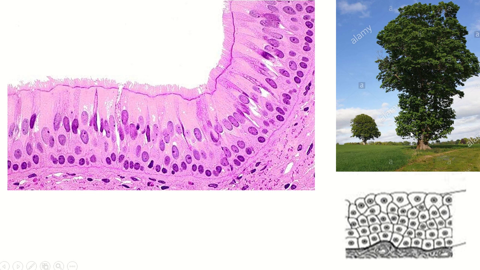You see, this is a field. There is a tall tree. This is a short tree. But all are present in the same field. Like this, all cells rest on the same basement membrane, and you see this is the cilia. There is an irregularity in the apical region. You can easily identify the cilia by the irregularity of the apical region.